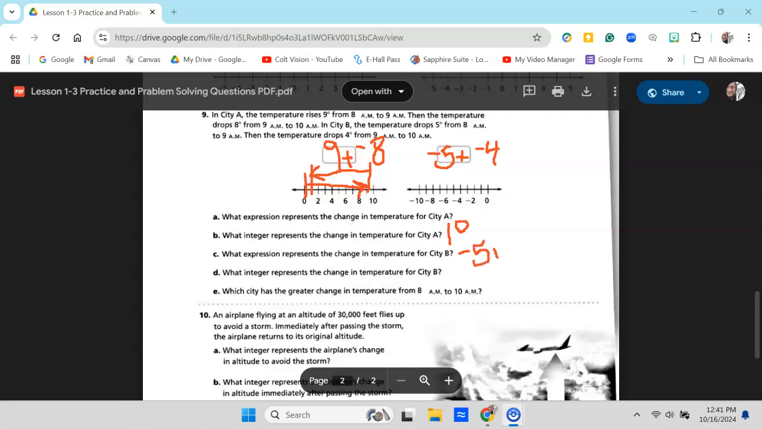I can't write it without it being really messy, but that's showing the two changes put together. And then what's the overall integer? And then finally, which of the two cities had a greater overall change. In other words, whatever number you end up with, which one shows a greater change. So number 9 is a little confusing because for each city, there are 2 temperature changes, and you're putting them together to make an overall change. So that's number 9. Then really quick about number 10